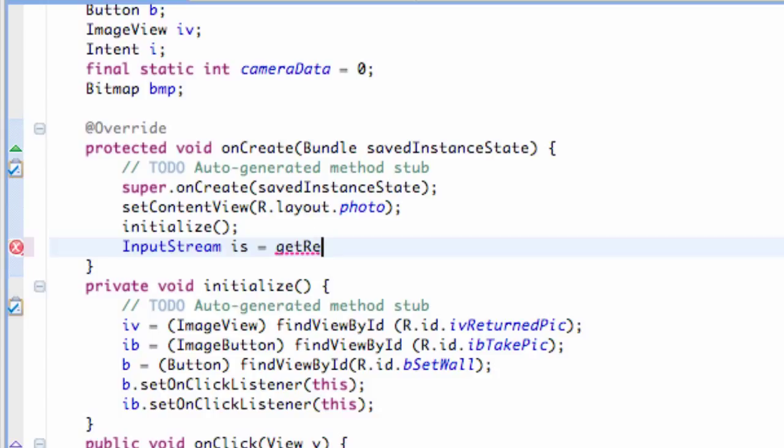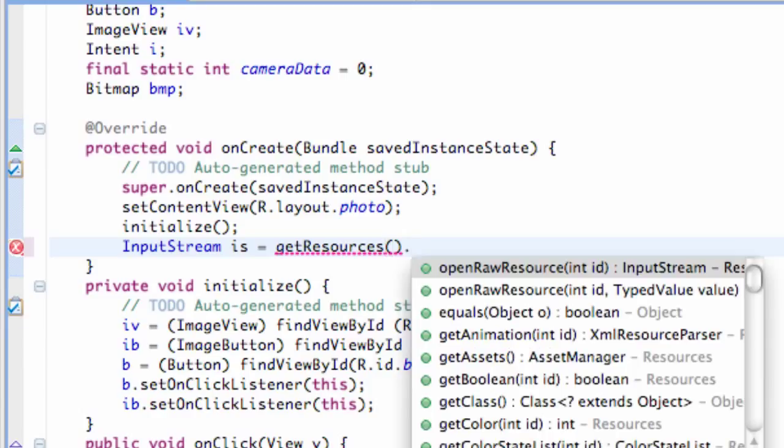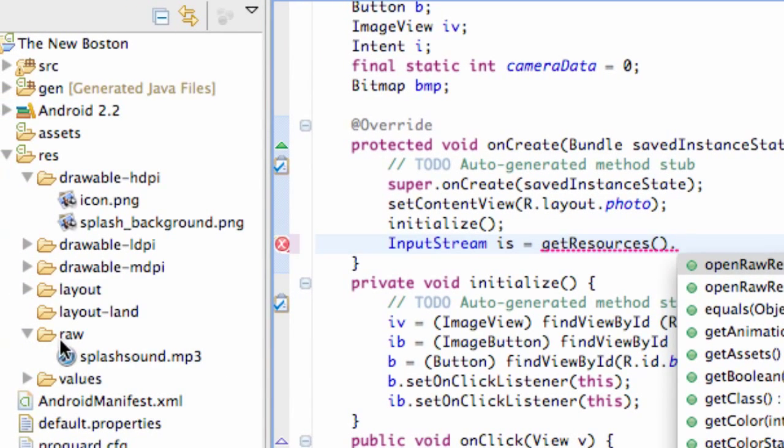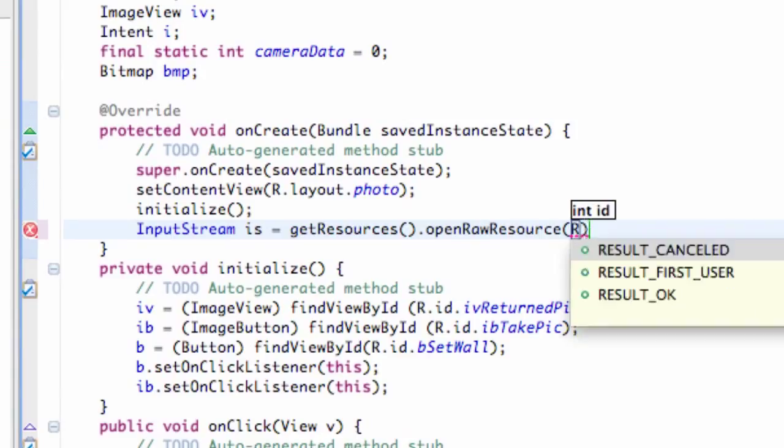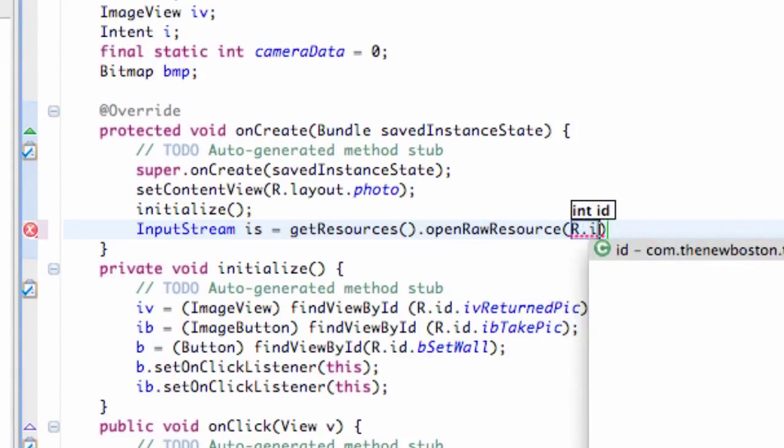So we're going to say getResources, and that's just going to be a method that kind of relates to our resources for the most part. Again, it's a method, so it has parentheses. Then we're going to say dot, openRawResource. You guys are probably thinking it's referring to this raw folder. For the most part, it's not. Just still think of that as accessing our resource folder. So we're going to click that, and then we're going to say whatever image we want to set up,